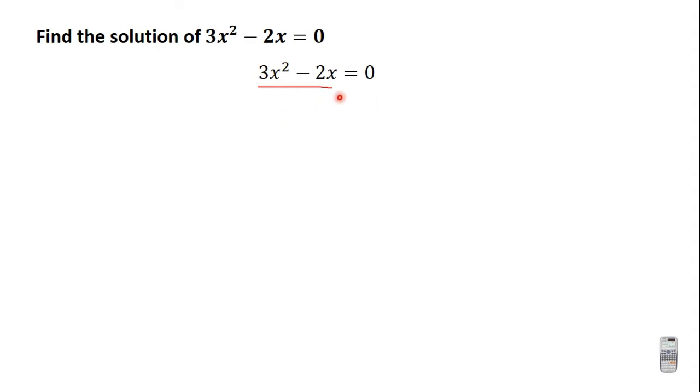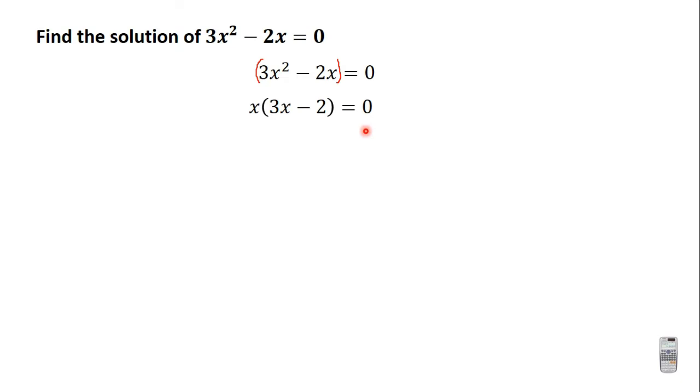Because we have only two terms, an x squared term and an x term, we can simply factorize it without going through the long process we would have gone through if it were a quadratic trinomial. So here, we will put the brackets around the quadratic binomial, and then we factorize it. We have 3x squared minus 2x. The common factor is x. So you bring x outside the bracket and you have 3x minus 2 is equal to 0. So we have x times 3x minus 2 is equal to 0.